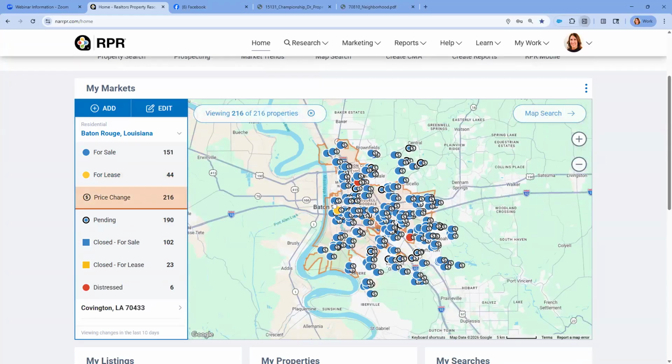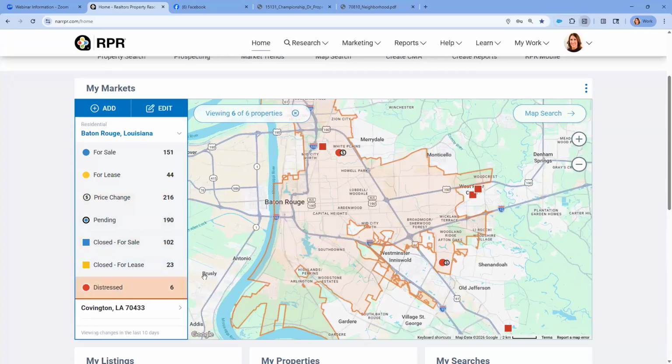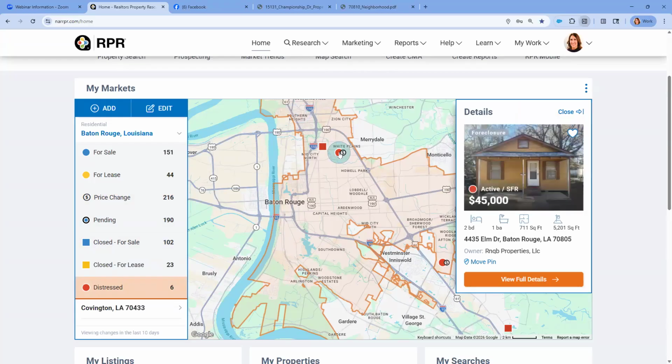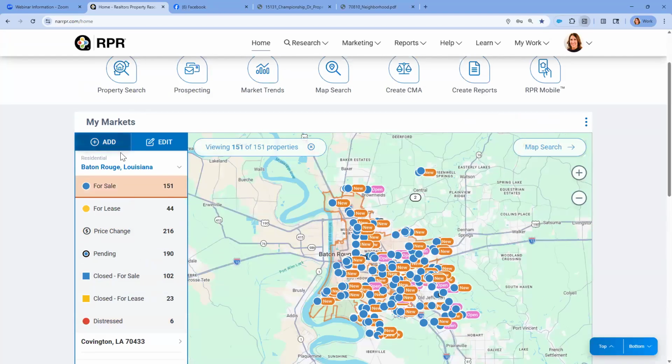216 properties have had a price change. 190 properties went pending. 102 closed. And then you have 6 distressed properties that have come on the market in the last 10 days. So we could click on any one of these and see that indeed this property is in some type of a foreclosure status. So the reason I'd like to take you to My Markets is because this is another opportunity